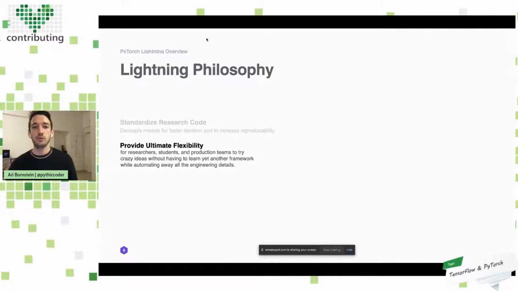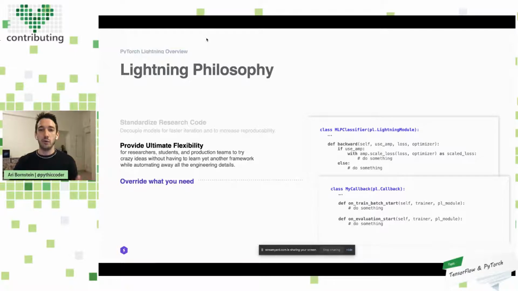And often when you're using very simple abstract representations of models, it becomes very, very hard because all these details are abstracted out from us. So the second aspect of the Lightning philosophy is, while we standardize and abstract out the boilerplate, everything should be accessible and overridable. You can override what you need. So for example, if I want to do something like create my own custom loss function or play with the inner details of an optimizer, I should be able to do that and override that functionality, but I shouldn't have to. It shouldn't be forced on me.